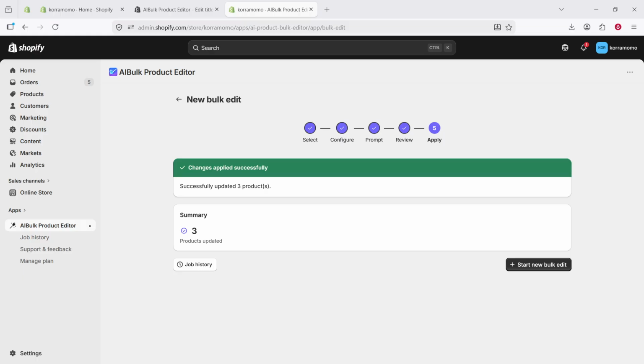Back in your products list, the titles now reflect the optimized wording. When you click into any updated product, the description section shows the longer revised copy that was generated during the bulk edit. The process is finished, and the selected product content has been updated directly through the